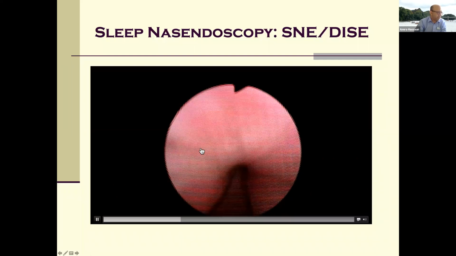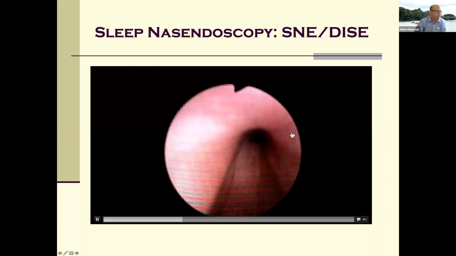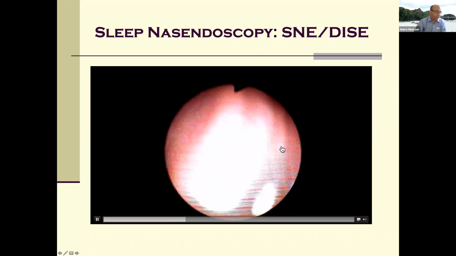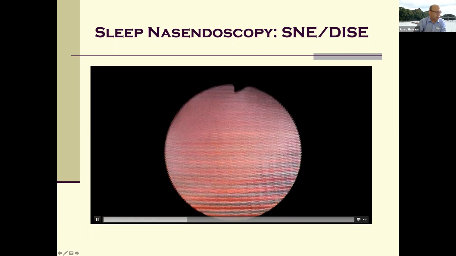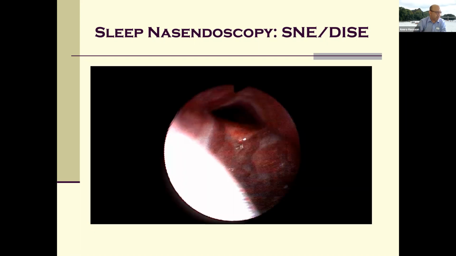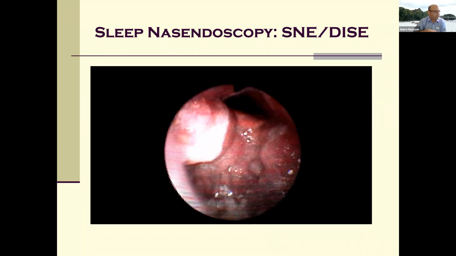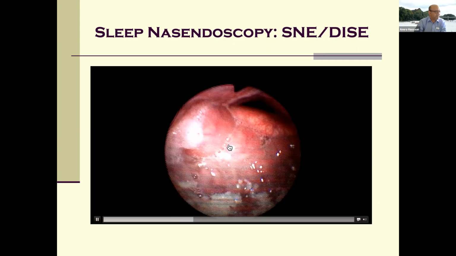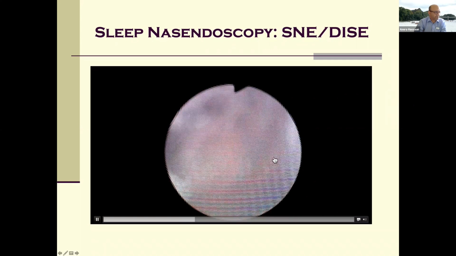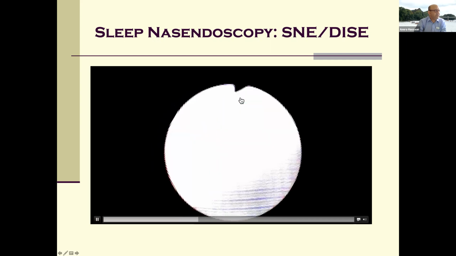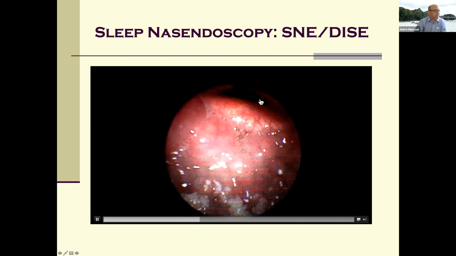These bulges on the side can represent tonsils growing from underneath, or they can represent fat deposited in the soft palate and a surrounding pharyngeal airway. Now we've gone through the soft palate here, and we can now see the tongue base. This is the tongue base. And we can see the epiglottis. And this is the space, the area the patient is breathing through.